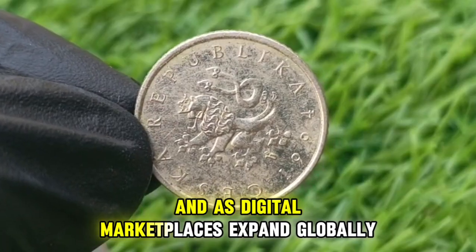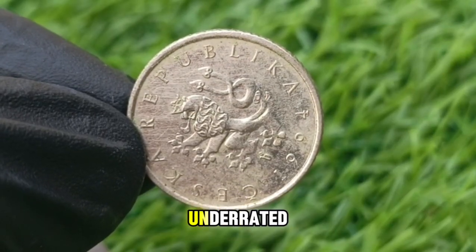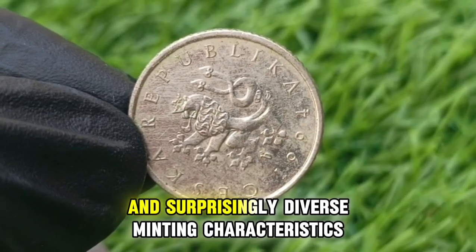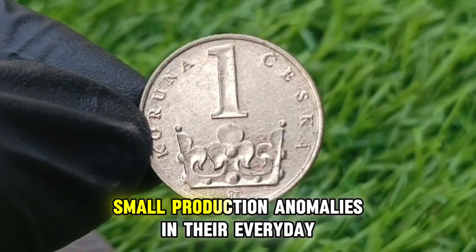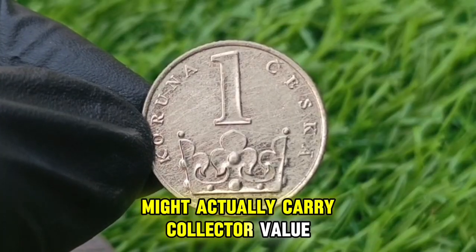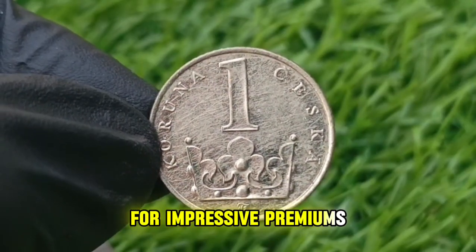And as digital marketplaces expand globally, more international buyers have begun exploring Czech coins, discovering the one Koruna as an underrated yet fascinating series with remarkable historical transitions and surprisingly diverse minting characteristics. Meanwhile, Czech citizens themselves often remain unaware that certain small production anomalies in their everyday pocket change might actually carry collector value, resulting in occasional stories of casual finders selling rare error coins to numismatists for impressive premiums, further fueling